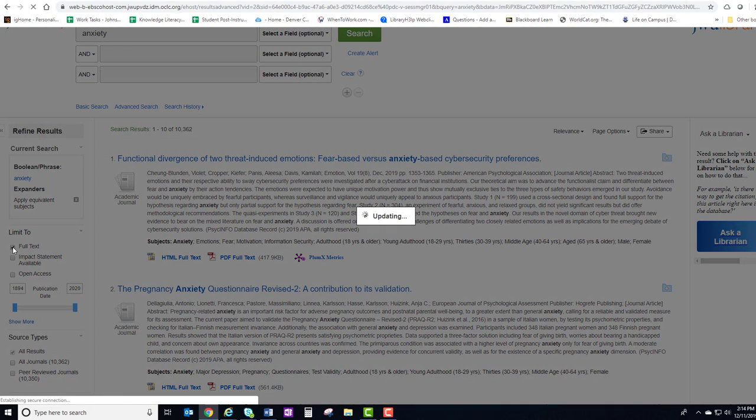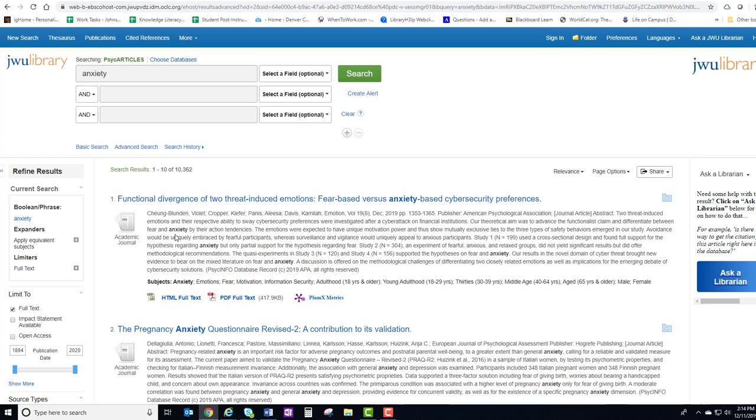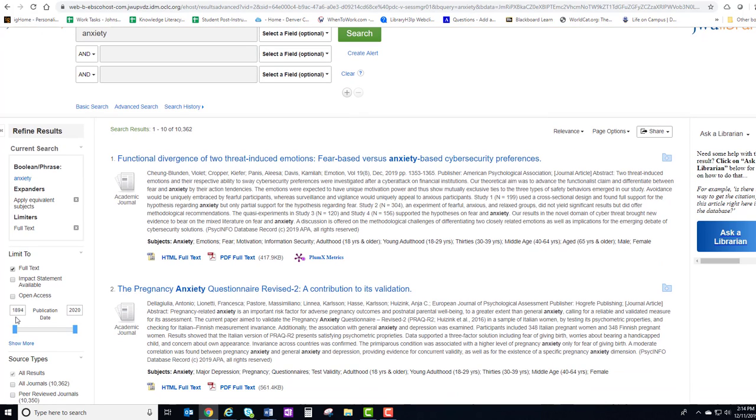So if I click on full text, that's going to automatically update that. So now we're only going to see the full text articles. So that is 10,000, still quite a few. And then now we can also ask it to find the open access journals. But I don't want to search from 1894, so I'm going to make this for the last 5 years, which